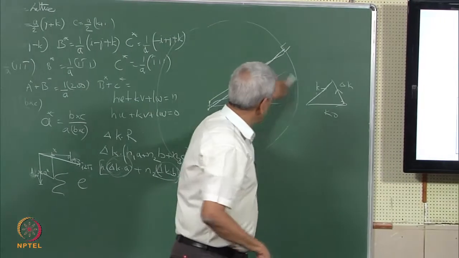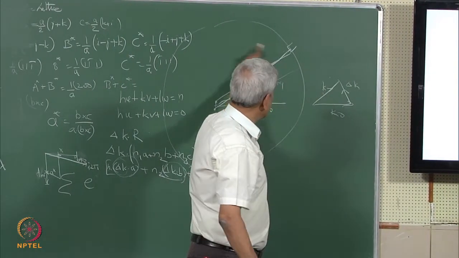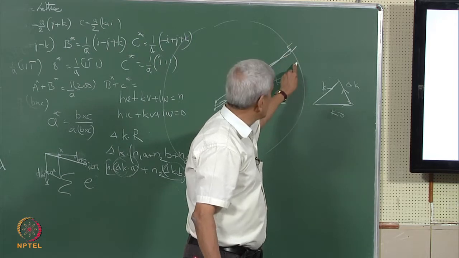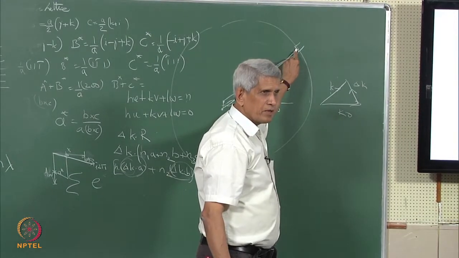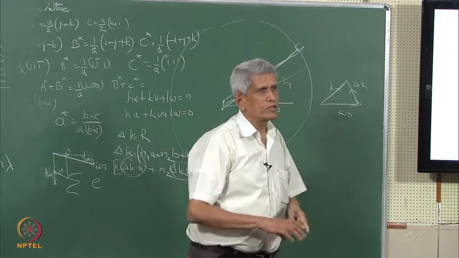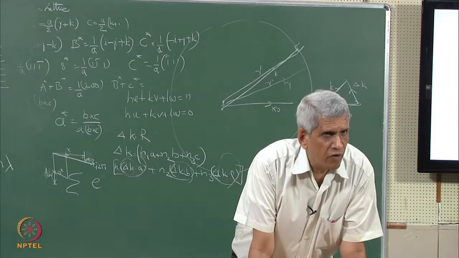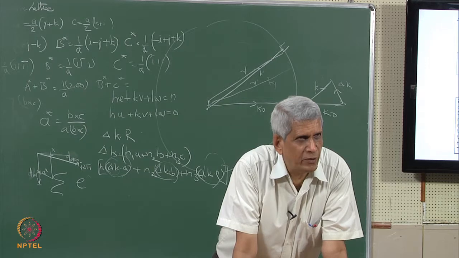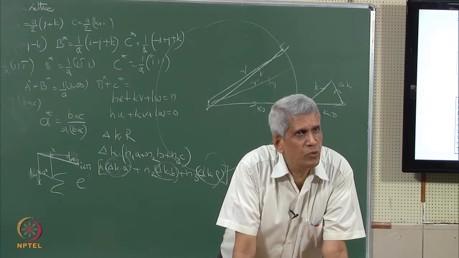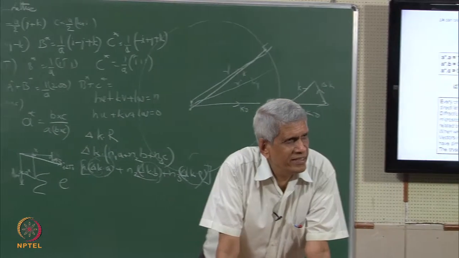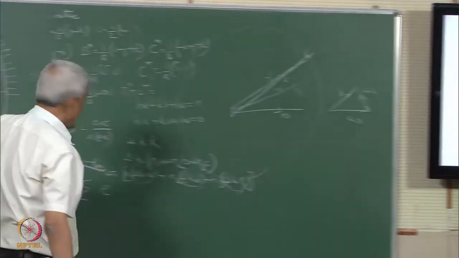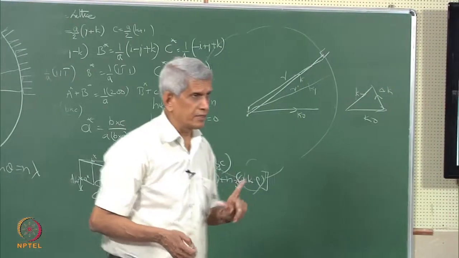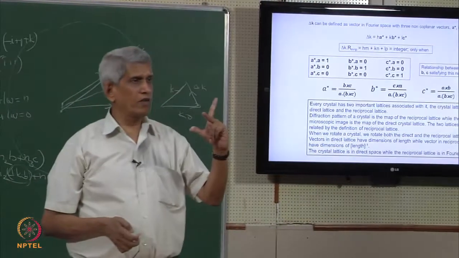Because this value of k could be any value on this sphere which we have considered. We are putting a detector here, measuring it, putting a detector here and trying to measure it. Only at some points does that value turn out to be maximum. For that, delta k will have some special value. That value is that delta k at that time equals G, the reciprocal lattice vector. And another important factor which you should understand is that for the crystal lattice which we have drawn earlier and the reciprocal lattice, the origin for both of them remains the same.